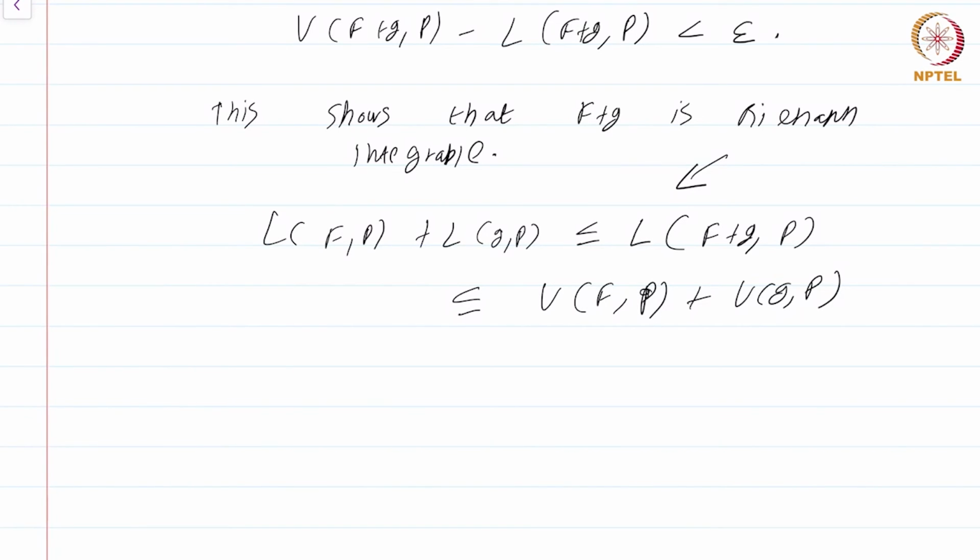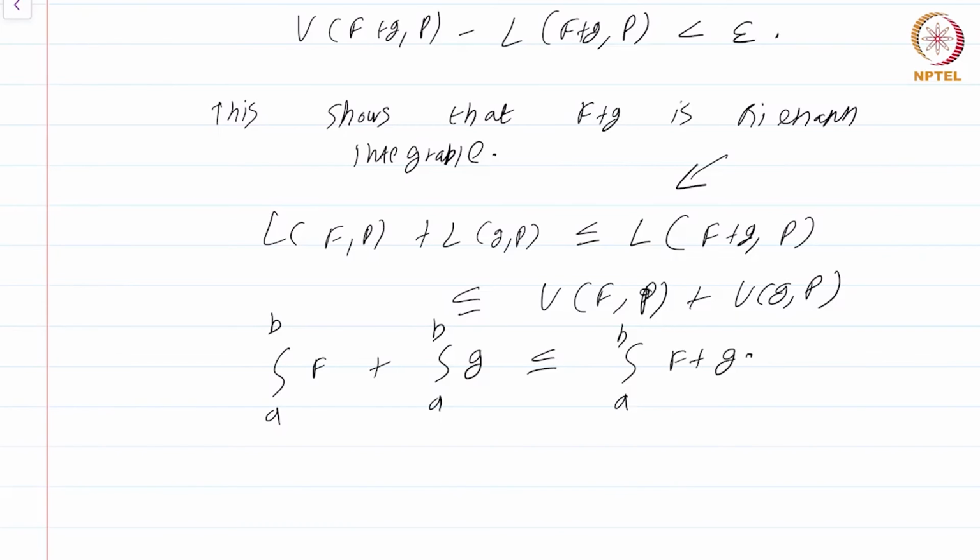So clearly what we will get is integral a to b f plus integral a to b g is, sorry, we are not going to take the infimum, scratch that, we are going to take the supremum of L(f+g,P). Sorry about that. The integral is obtained by taking the supremum of the lower sums or the infimum of the upper sums. Okay, so we get integral a to b f plus integral a to b g is certainly going to be less than or equal to integral a to b f plus g. Okay, that's just coming from the first inequality.